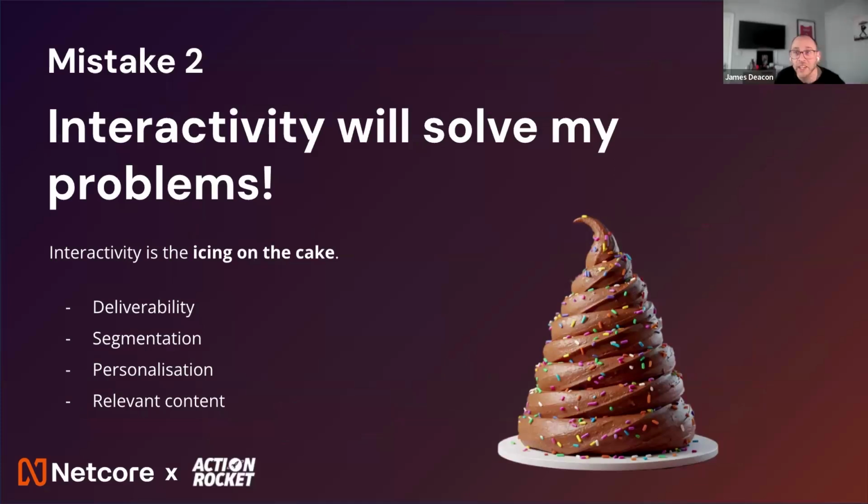And then for mistake number 2, interactivity will solve my problems. I think we all know the answer to this, but I'm going to reiterate it. If you are having email problems in terms of conversions or deliverability, AMP for email or interactive emails isn't necessarily going to change that, because the foundation that your email program needs to be built on are things around knowing your audience, segmenting and personalizing so that you are articulating the value of whatever you're selling or offering to different personas